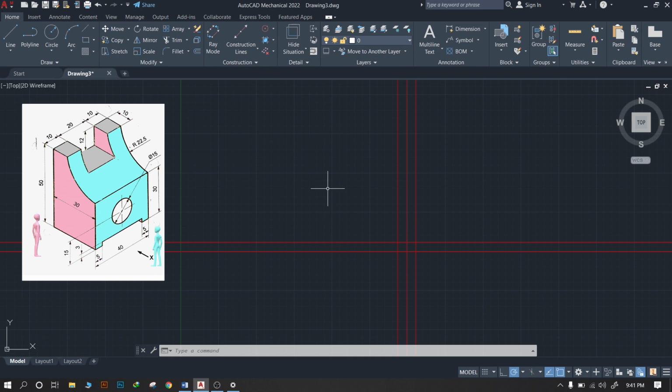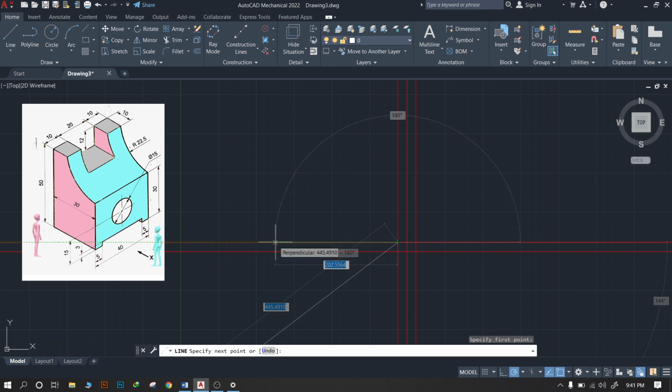In the front view, as I already said, it is marked by the aqua color, so we will draw the front view on the left hand side of the X-Y line and above the X-Y line, because that is our front view. So we will mark the line: at the bottom the 40 mm line is there and 50 mm height is there. So we will take that corner and mark the 40 mm line at the bottom.